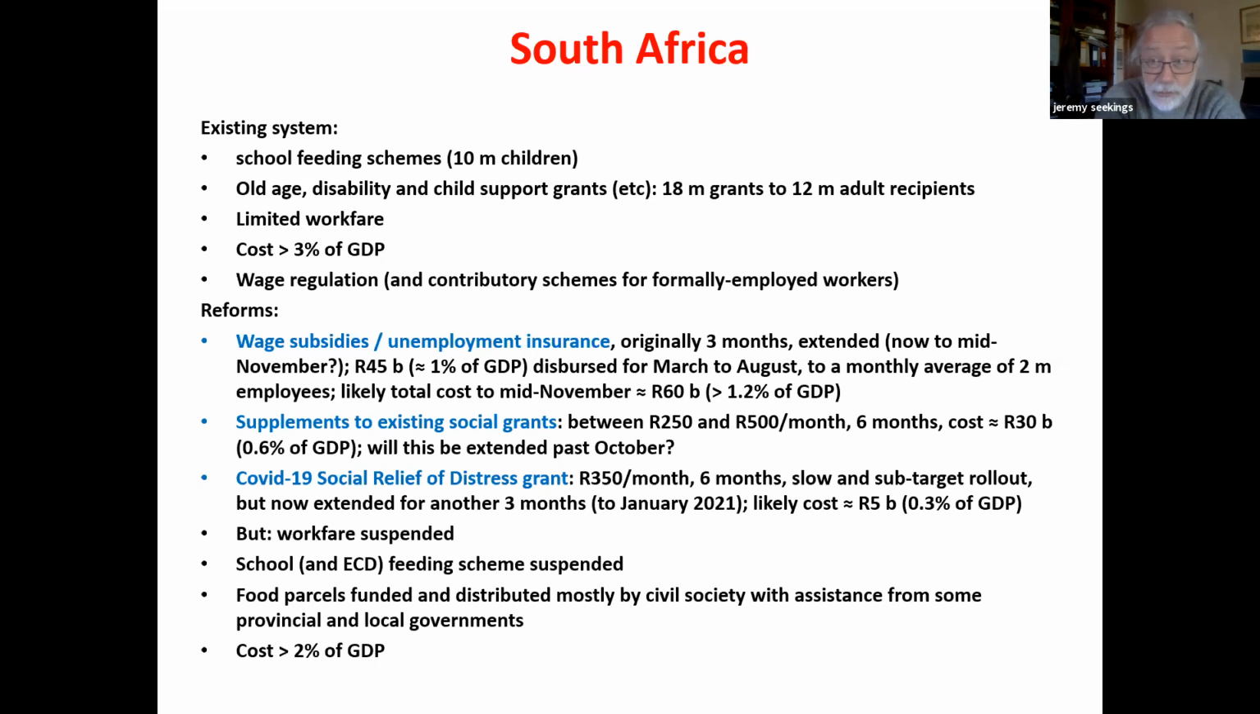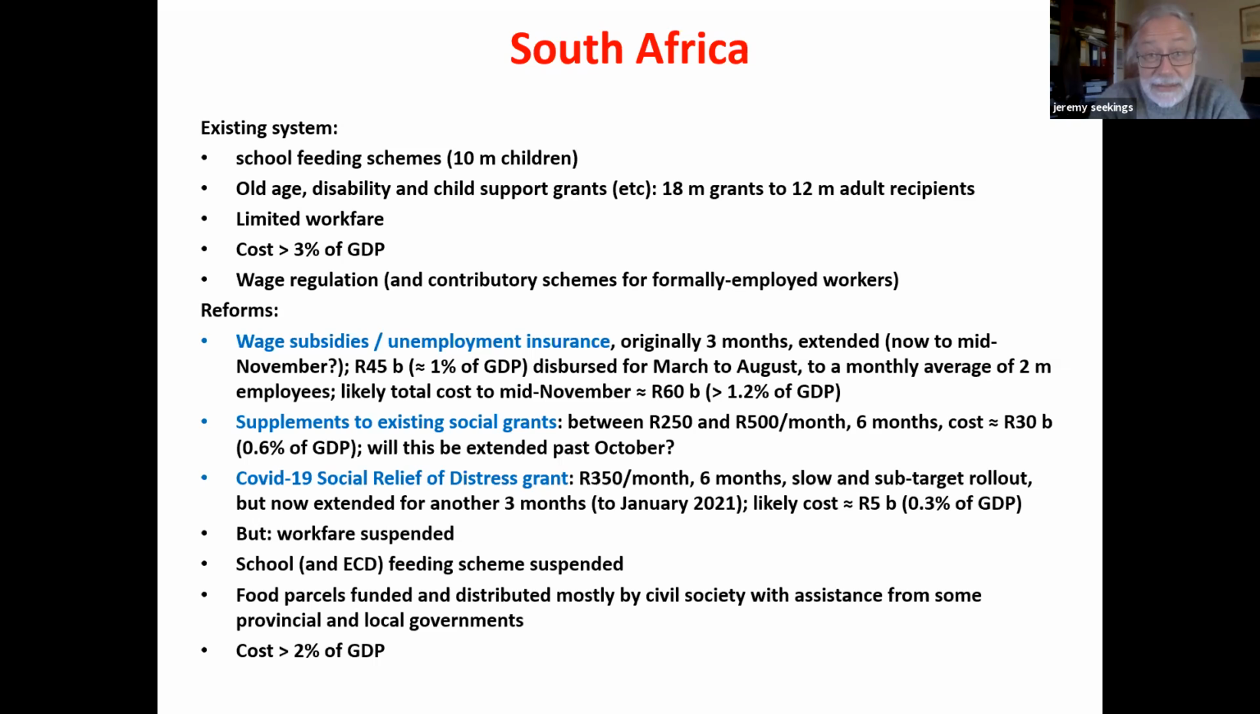As I've written about extensively elsewhere, the food parcels which were distributed under lockdown, and considering the need, there weren't very many of them, were mostly distributed by civil society, and very, very few by national government. But in summary, South Africa had a big system and expanded it in general on quite a large scale. So it looks like an example really of path dependency, that if you have a big system, you're more likely